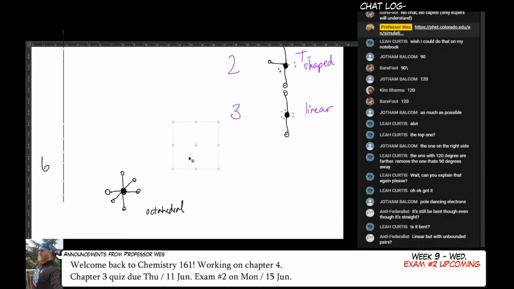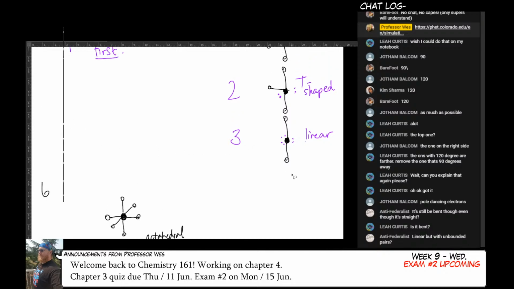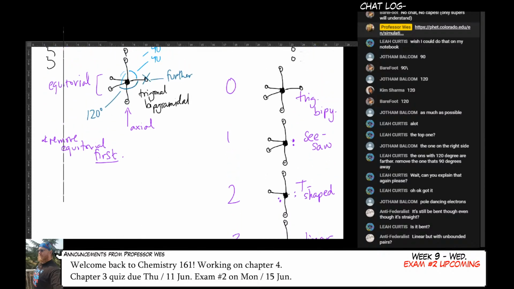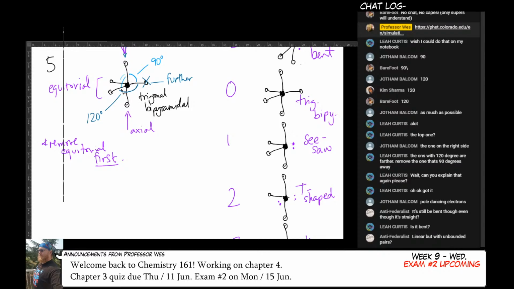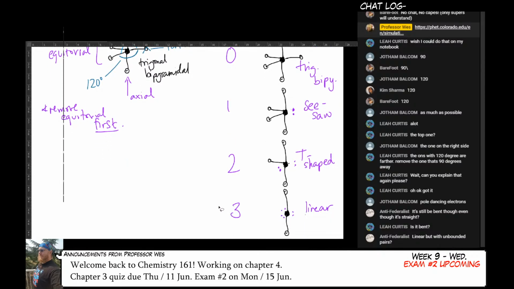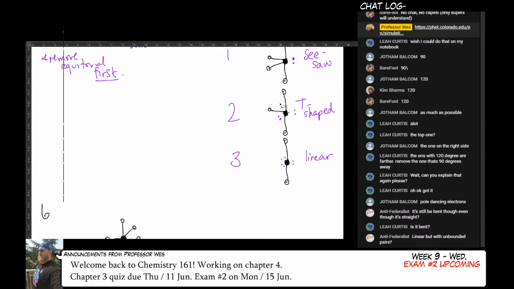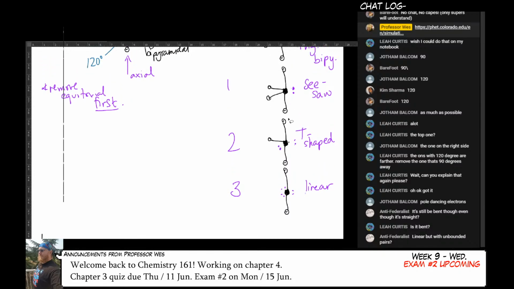So the linear one with the unbonded pairs is actually linear. I don't know why this one didn't show up. Hold on. Because if you go back to the default shape, these were linear from each other, and then I have this going around the center, and I've axed those, so what's left is totally linear. And you can see that linear template that remains as I go through each drawing.